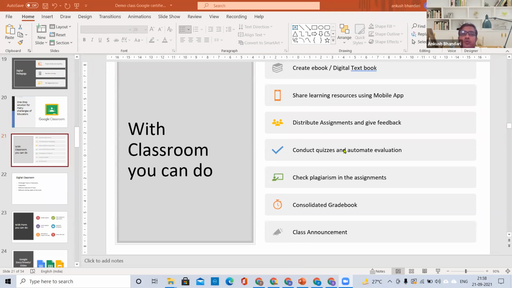Whether you learn these tools from our side or from anywhere, these tools are becoming part and parcel of every educator's life, right? So I just wish you all the best, and do learn it, whether you are doing it from us or from anywhere, so that you can create engaging and interactive classes for your students. That's all from my side.